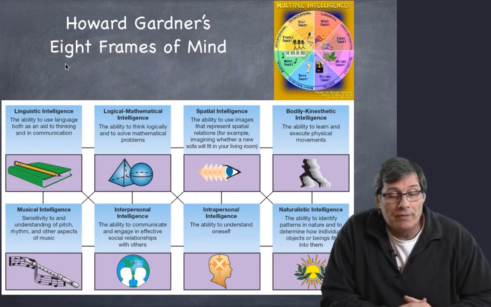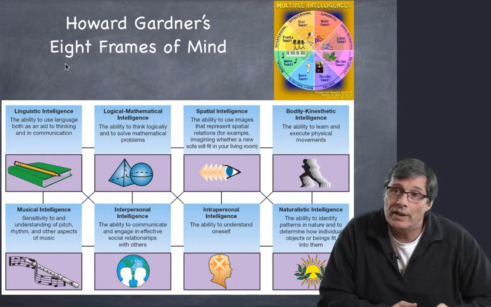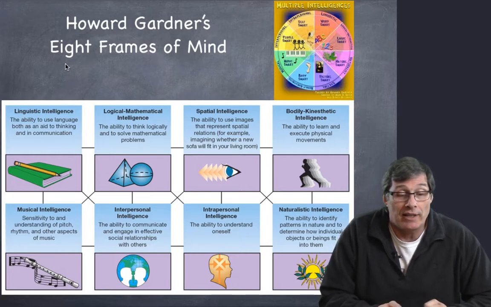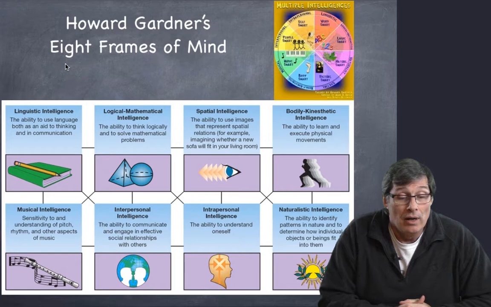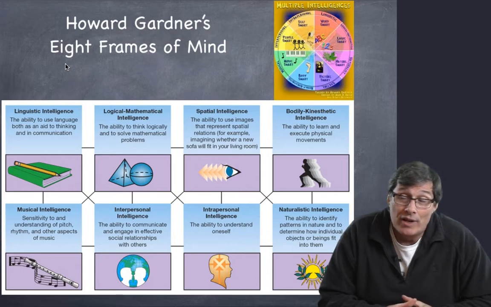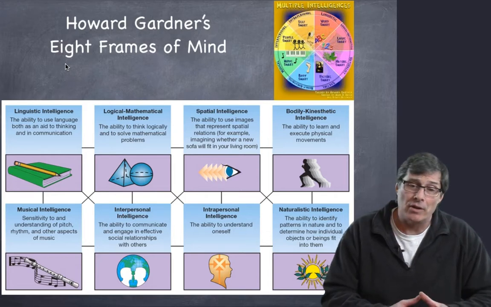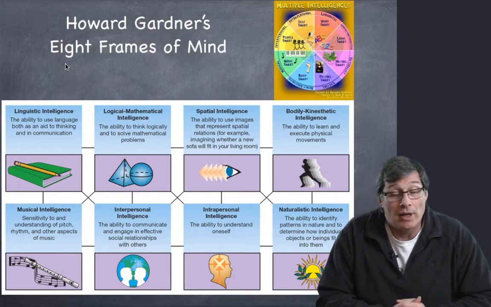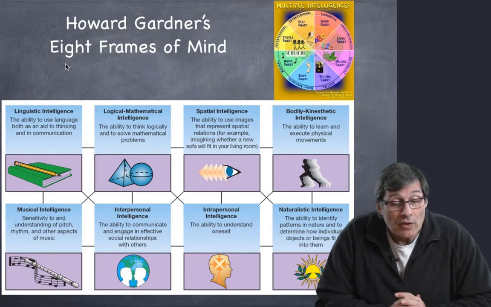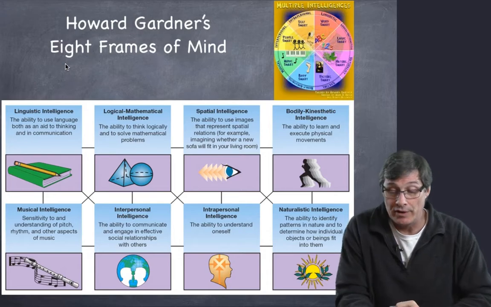Gardner believes all forms of intelligence are equally important, that one isn't more important than the other. In fact, each has its own skill set. Cultures assign varying degrees of importance to the types of intelligence. So some, because of where they are geographically and where people live, will find some intelligences much more important and valuable than in other cultures where other forms of intelligence might be more important. Various abilities and skills have been valued differently in cultures and periods of history.